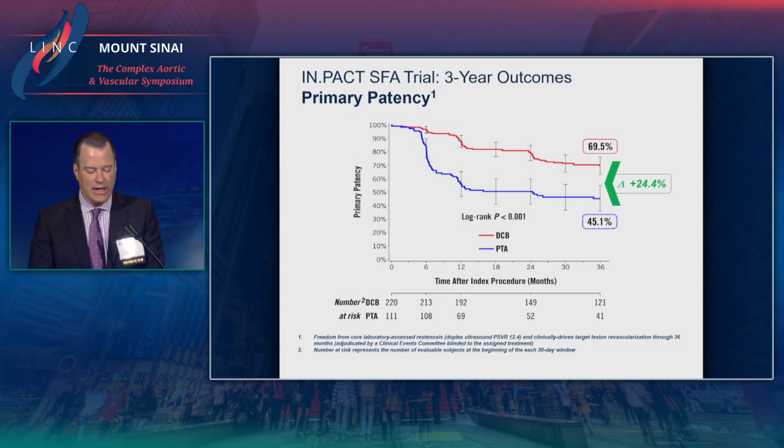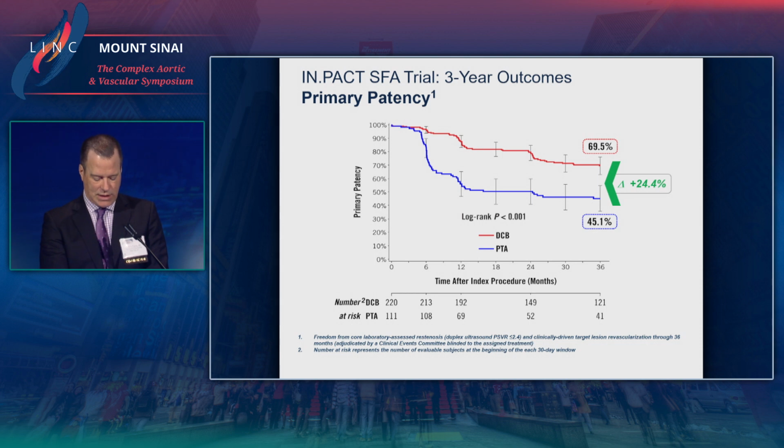First, in the IMPACT trial, you see out now to 3 years, looking at primary patency, there's been a sustained improvement in primary patency in the treatment arm. In this life table analysis, you'll see the red line represents the treatment arm, the IMPACT paclitaxel-coated balloon-treated arm of the study. At 3 years, almost 70% sustained primary patency. When you look at the control arm, the angioplasty-only arm, about 45% at 3 years, which maybe is a little better than what had been reported historically, but again,